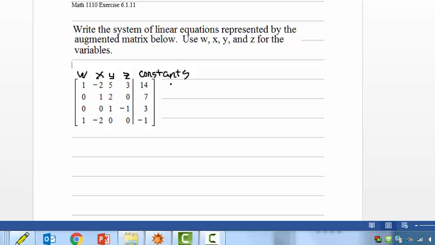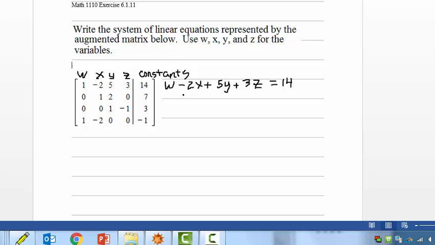Alright, so the first row gives us our first equation, and it tells us that 1w, or just w, minus 2x plus 5y plus 3z is equal to 14. The second row of the matrix tells us